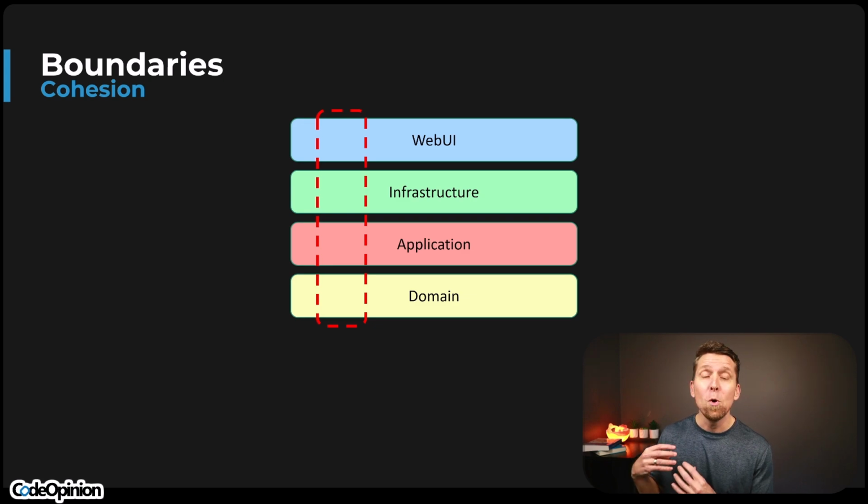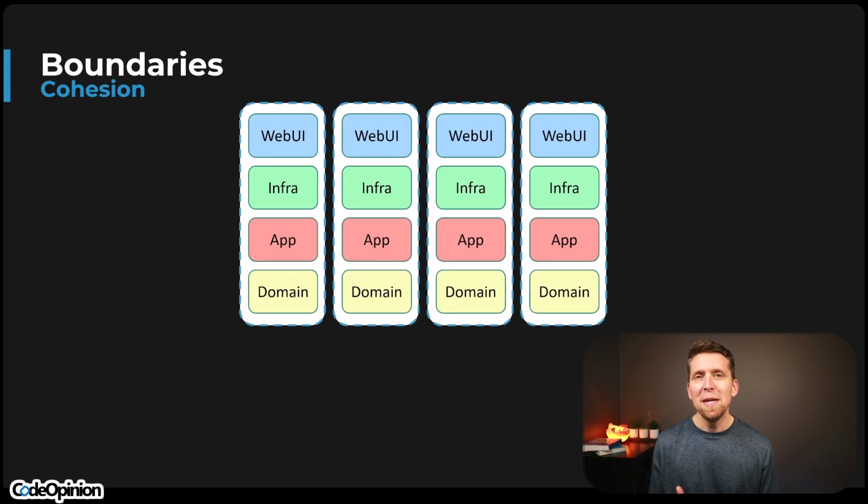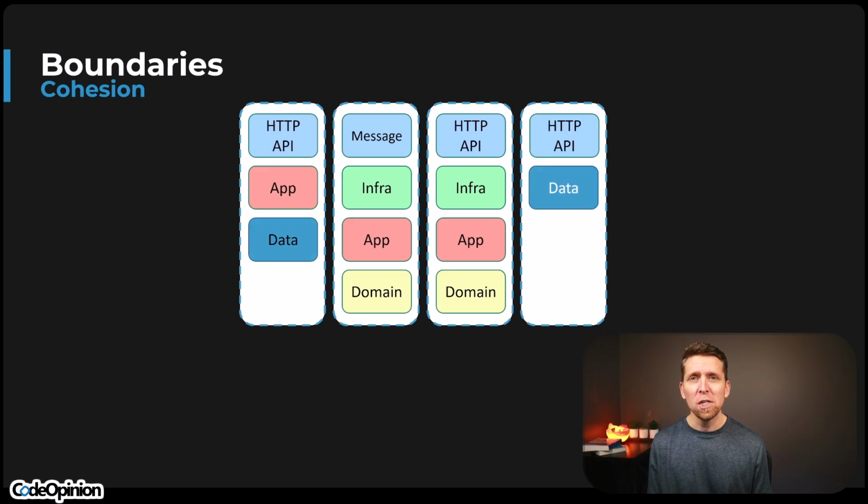Thinking about capabilities of what actually happens in our system and really organizing our code that way. If you're thinking about vertical slices and organizing things by capabilities of what your system provides, it doesn't actually look like this, although it can. It might actually look like something like this, and that's actually the benefit of vertical slices, is that you're deciding